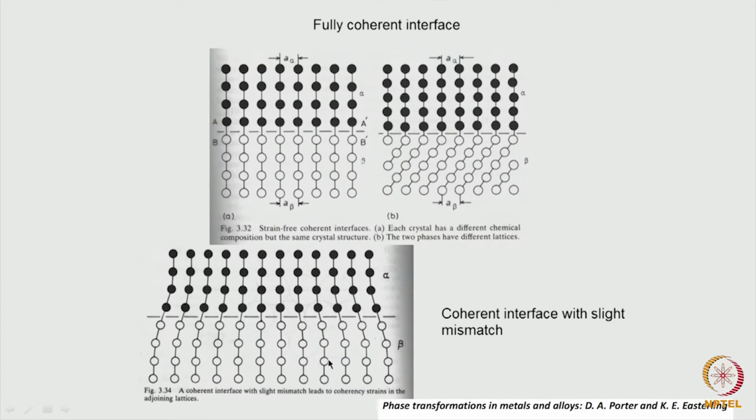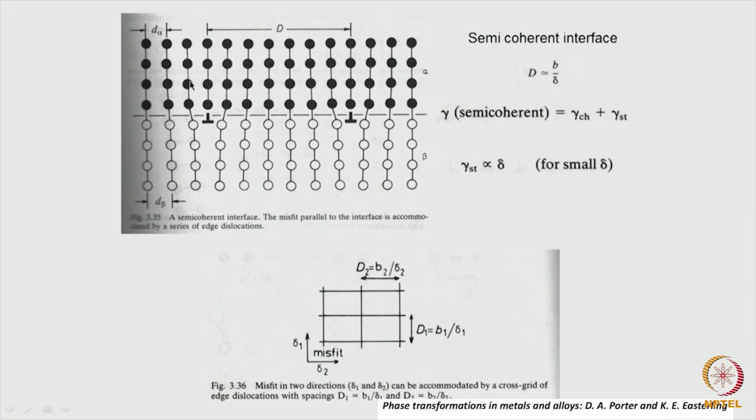And suppose this grows to a very large size, that means that the total strain also increases. At some particular point, when the strain becomes very large, it may not be able to accommodate the total strain. Then it punches out some dislocations and makes the interface incoherent. This can happen in a different way also. If the coherency strain is large, even at small sizes of the second phase particle, it punches